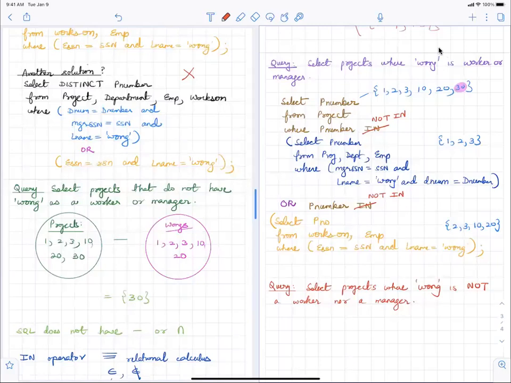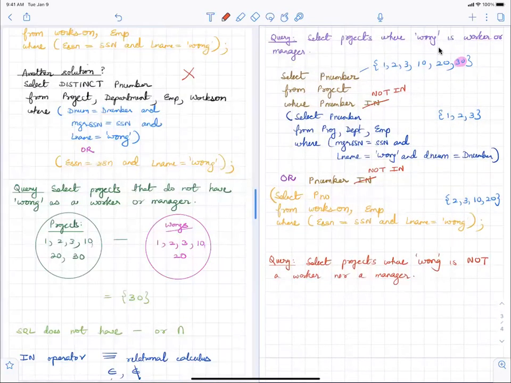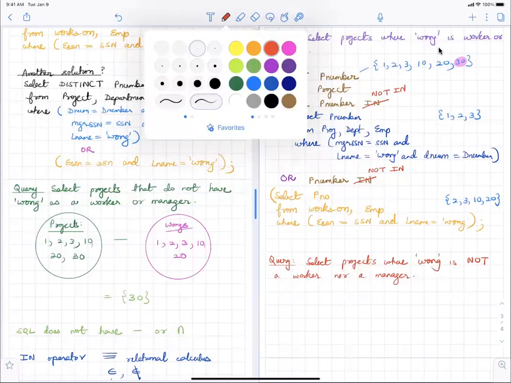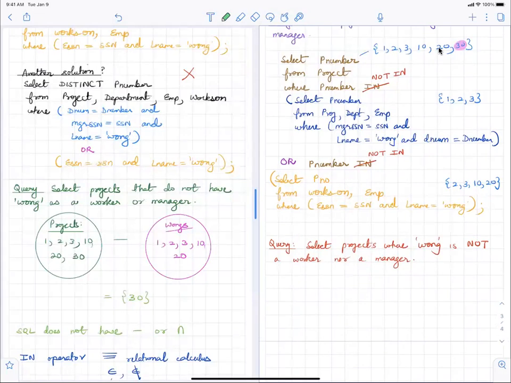Let's look at this one, what I just wrote down. I know this part looks really messy. So the answer to this query is 1, 2, 3. So if you say where P number not in 1, 2, 3, so let me write that down. For the first part, the entire set of P numbers is 1, 2, 3, 10, 20, 30.